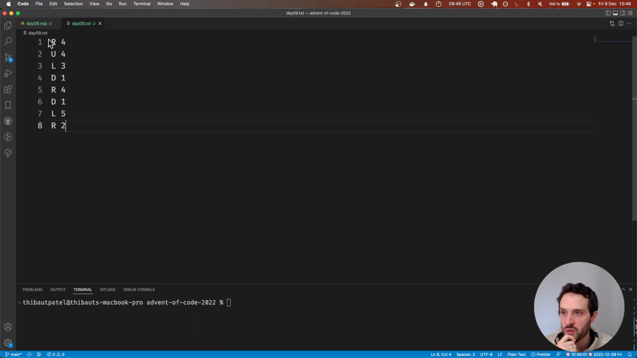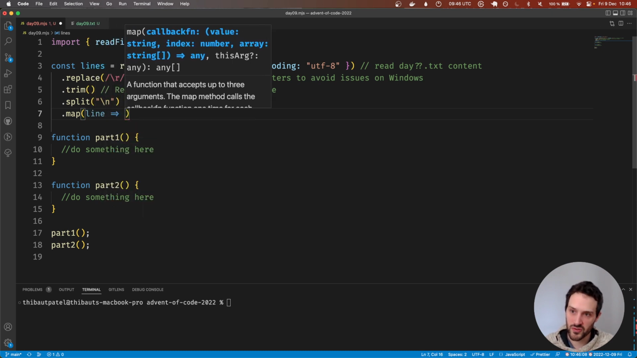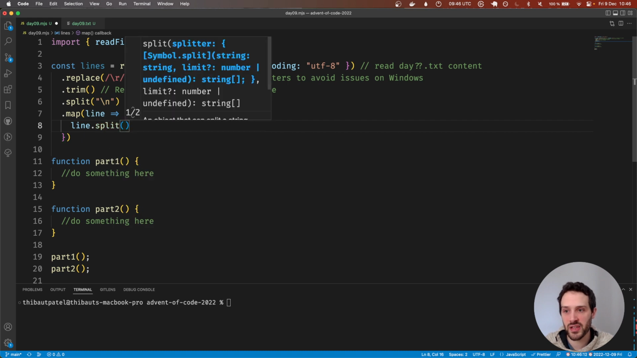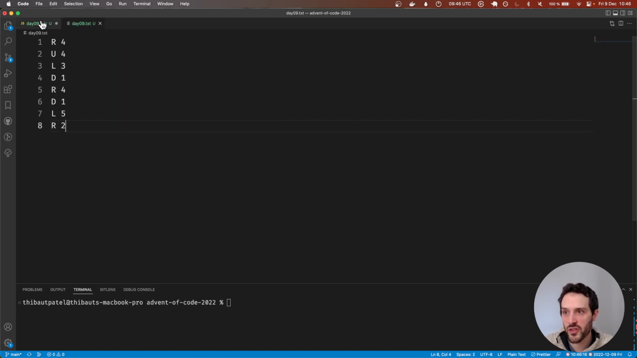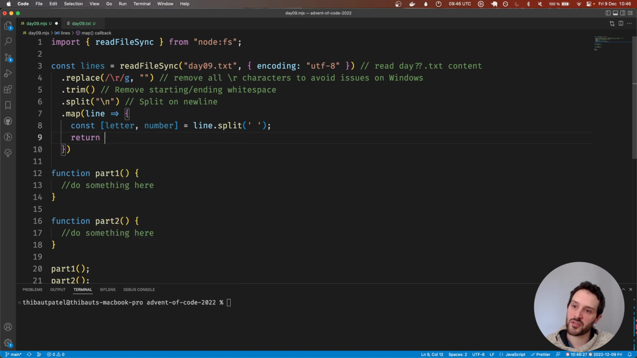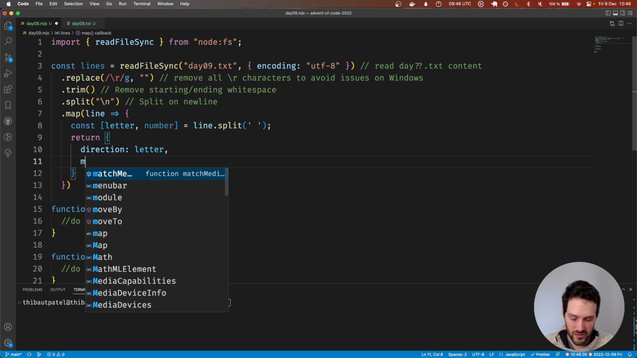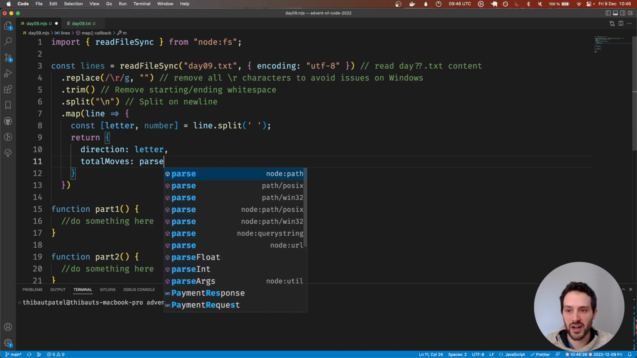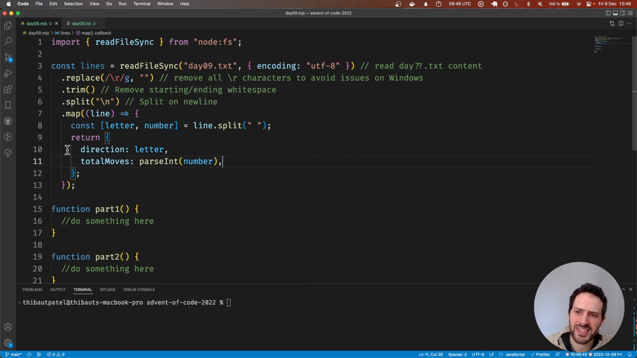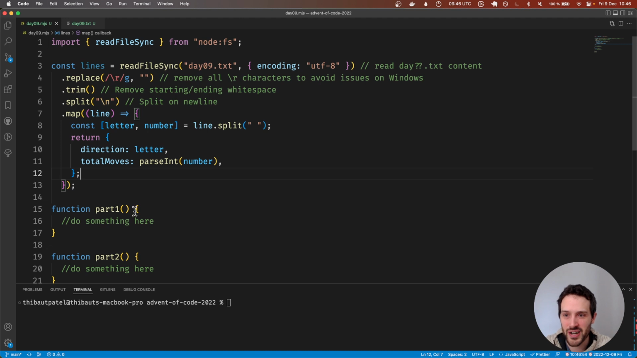And what do we do today? For each line, so the map here, for each line, we want to do line.split with a space. We want the letter and number, so const letter and number, and here I'm gonna return the letter as a direction, and total moves is gonna be parseInt of number, because when parsing it's always good to change the numbers in the string that are representing a number into an actual number,